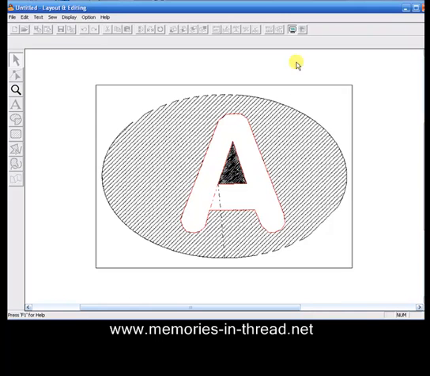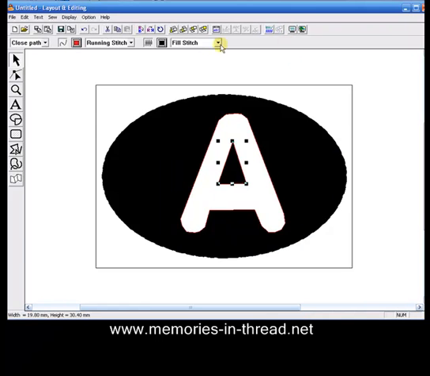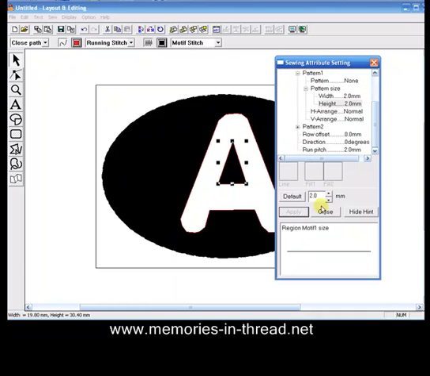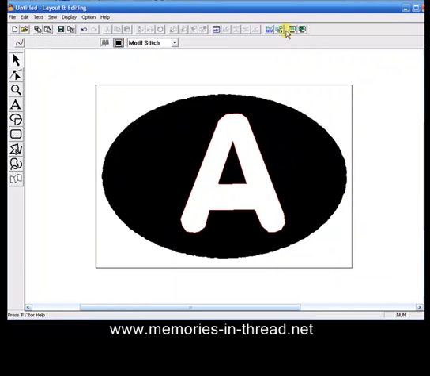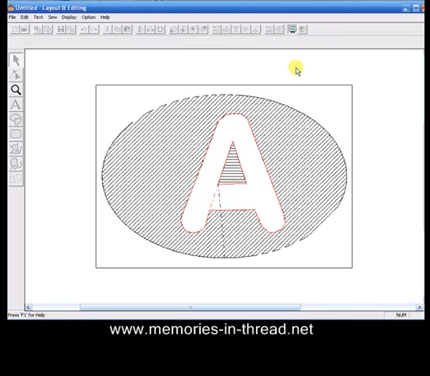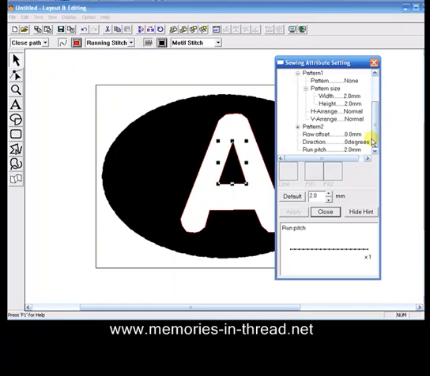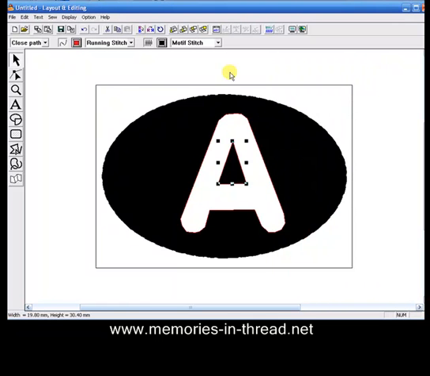The middle one there is set to fill stitch, so obviously we need to set that to motif. Double check, change our settings. It works slightly differently in version 4, but we can still achieve the same results. Just check it in the preview again. Again, we need to also change the direction, 45, apply and close, select the whole thing, copy and paste,